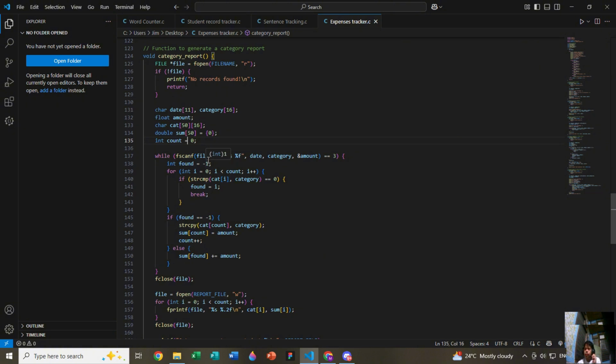Now for this while loop, it will basically read the date, category, and amount. Again, equals 3 because it needs to read all three: date, category, and amount.